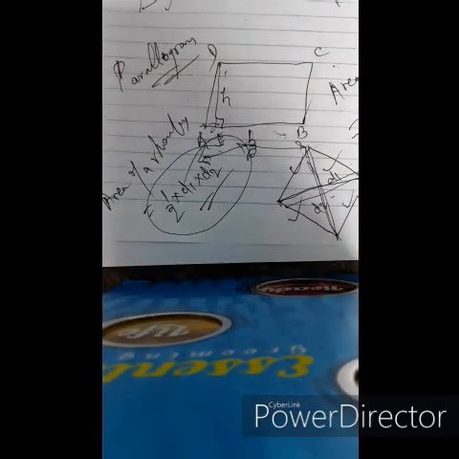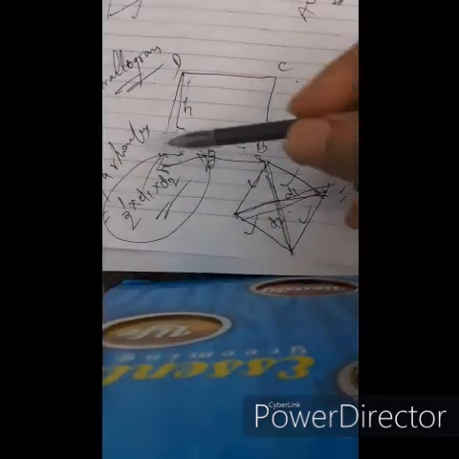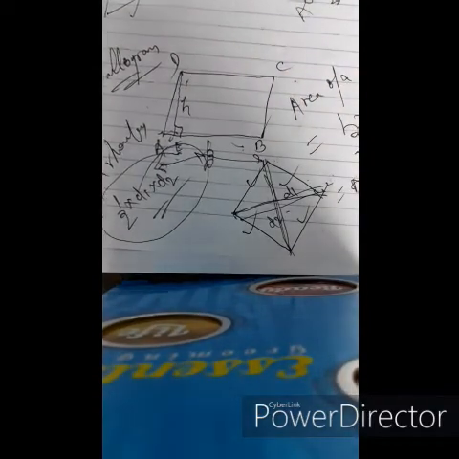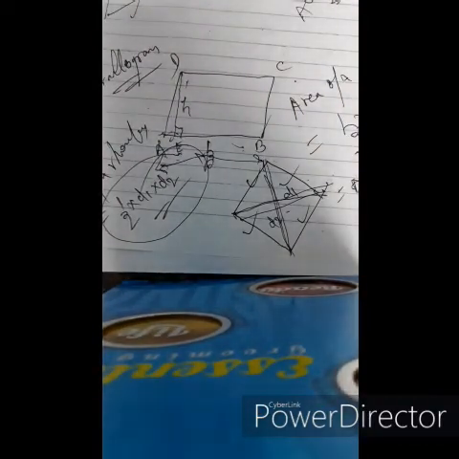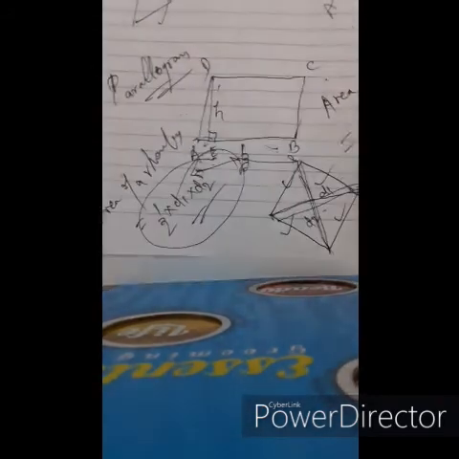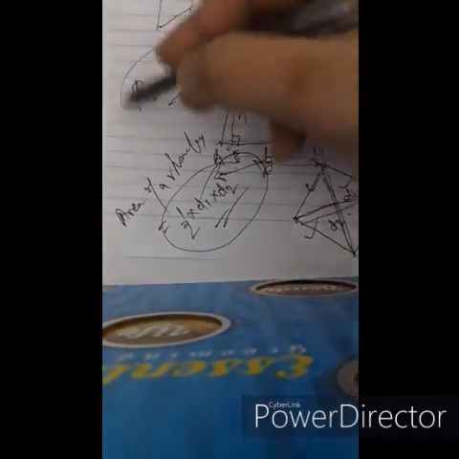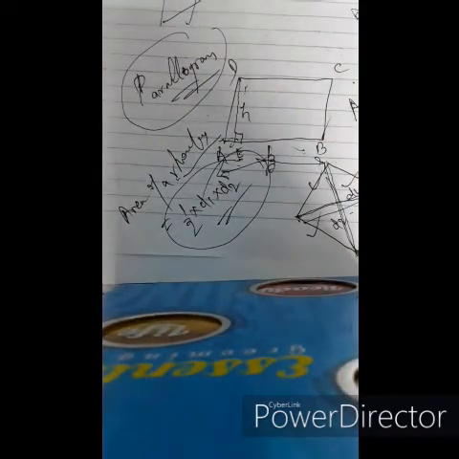You just need to substitute in the formula to get the area of a rhombus, half into product of diagonals, and the area of a parallelogram is base into height. This can be taken as the base, this is the height. DE is the height, AB is the base in a parallelogram. I hope you are clear with the formulas of a parallelogram and a rhombus, no confusion. We'll take a look at a few examples regarding areas of parallelograms and rhombuses, so that you are clear with what I just showed.